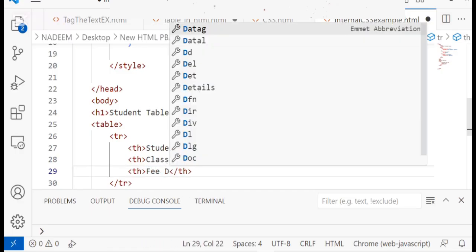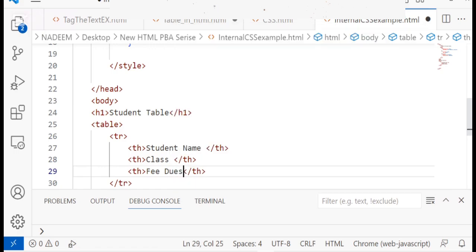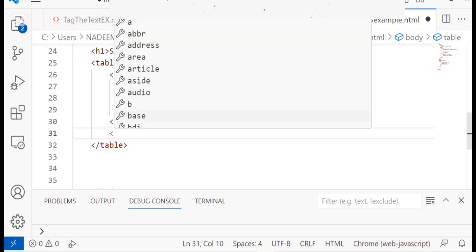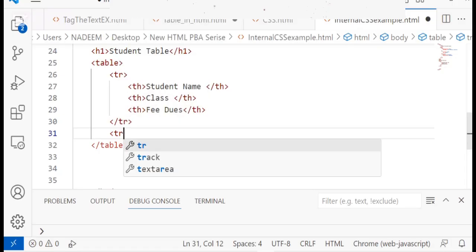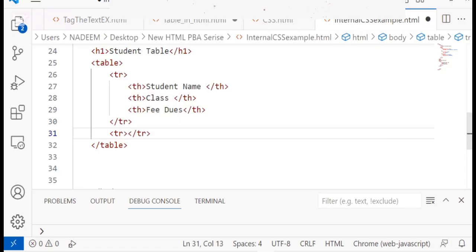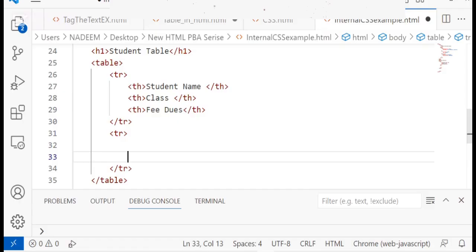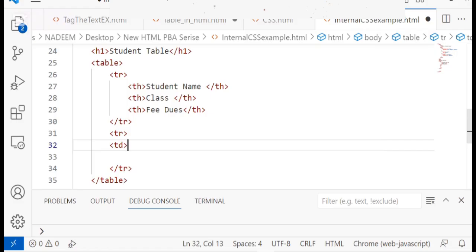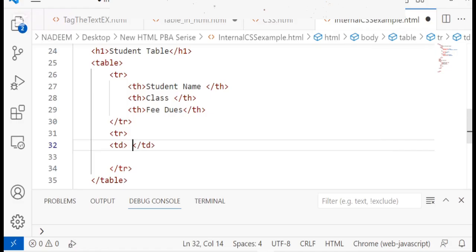Okay, after that, the second row of our table will show the data of our table. So for the sake of presenting data, we need to use td. So td stands for table data. So let me just copy this and override, and then override different data.